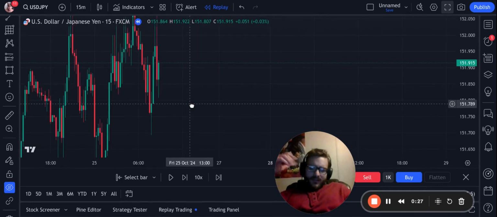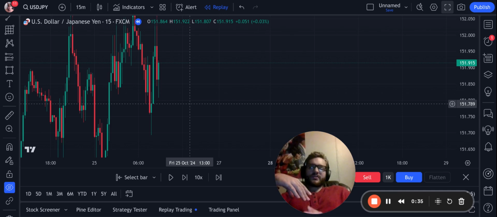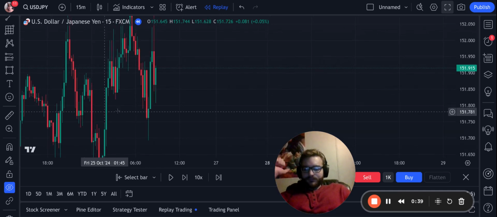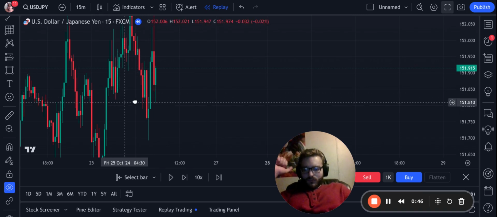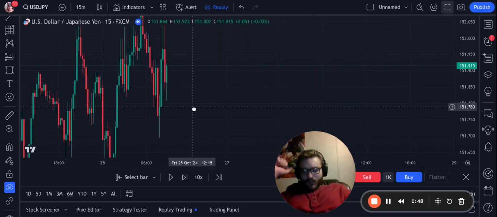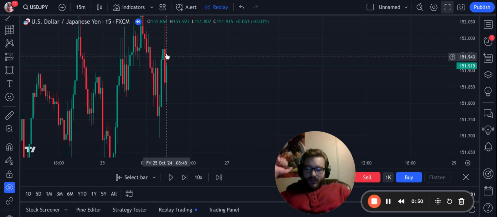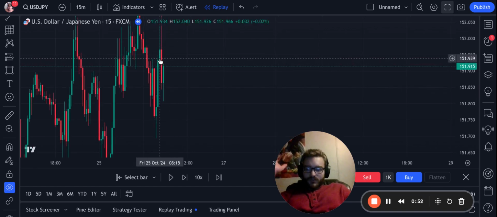Higher time frame does equal higher power, but I believe whenever the 1 hour and the 15-minute are in alignment, you can start to use your 15-minute confluences instead of your 1 hour. You can still use both of them though. Anyways, there was this 15-minute fair value gap here, and price was bullish because price just broke structure to